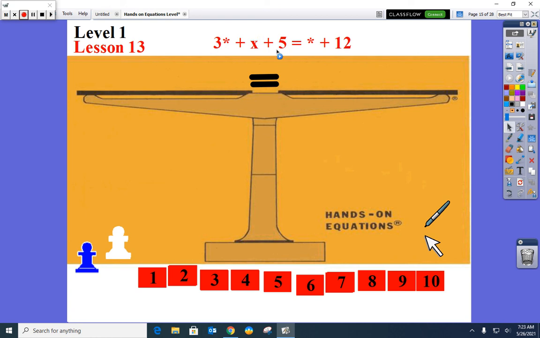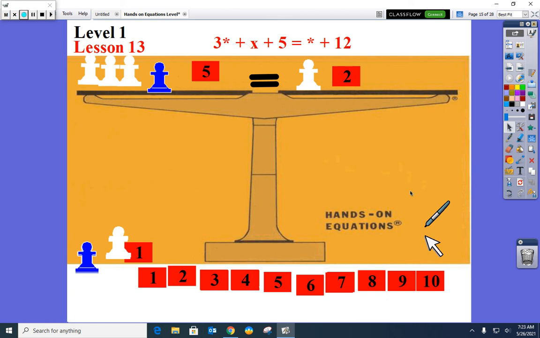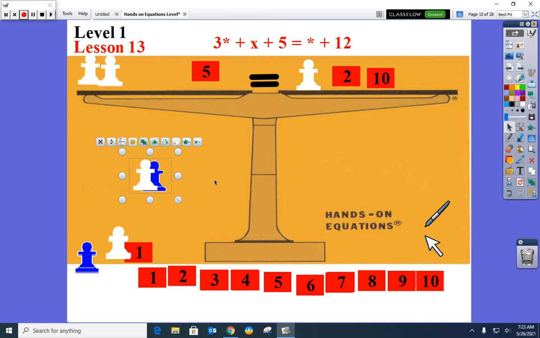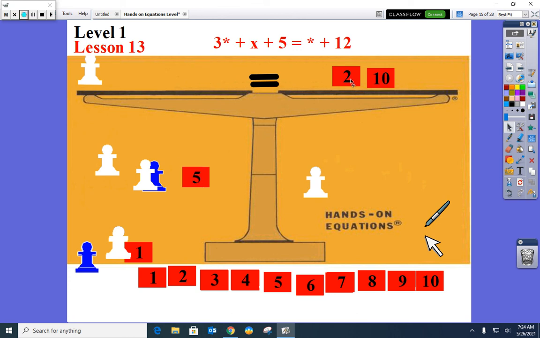So again, looks like a big math problem. We're just going to go ahead and set it up. I want to go grab 3 stars, put those on, add my x, add my 5, add another star on this side, and I can add a 12. That would be a 2 and a 10. So again, let's take off the 0. We have a 0 on this side. We know we can take that off, so we're going to do that. I have x's or stars on both sides. I can take those down. Now I can subtract 5 from both sides. 12 minus 5